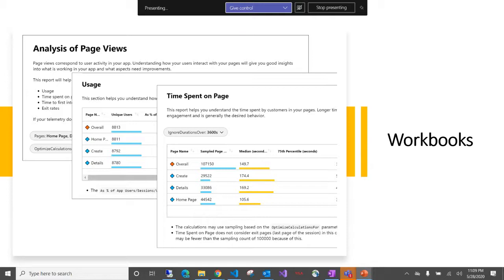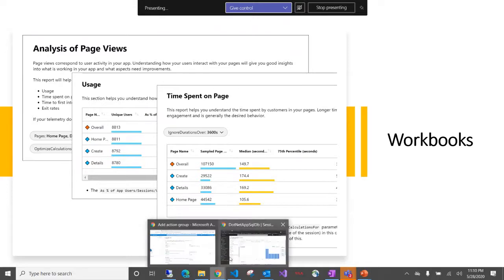One of the main drawbacks of using a workbook is that it doesn't come with auto refresh. You have to set your own time period within the query, and it will never do an auto refresh. So a workbook cannot replace a dashboard, but it can be used to give a deep insight into your application. Once we create a workbook, we can share it with any subscription in read-only mode. Suppose you have a workbook, you can share it with another person and the person can go through your data workbooks.